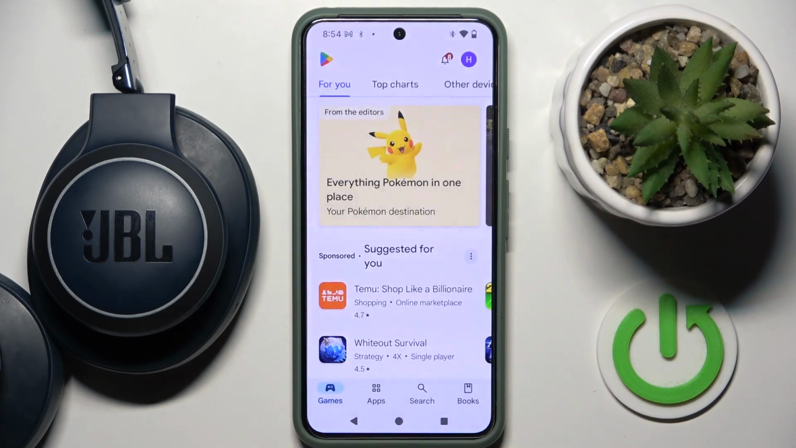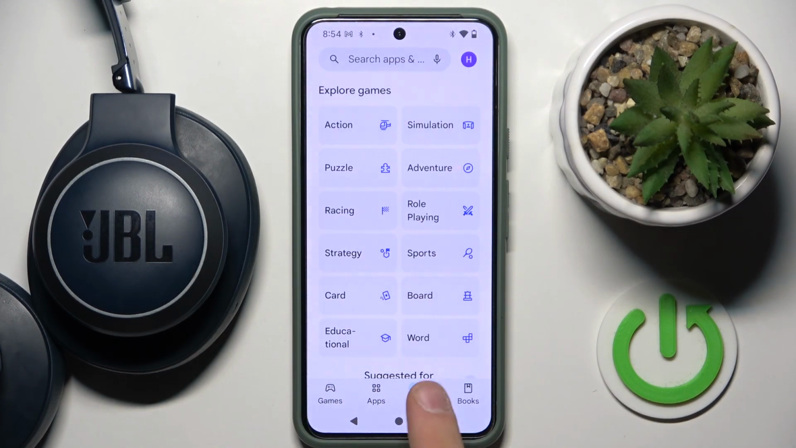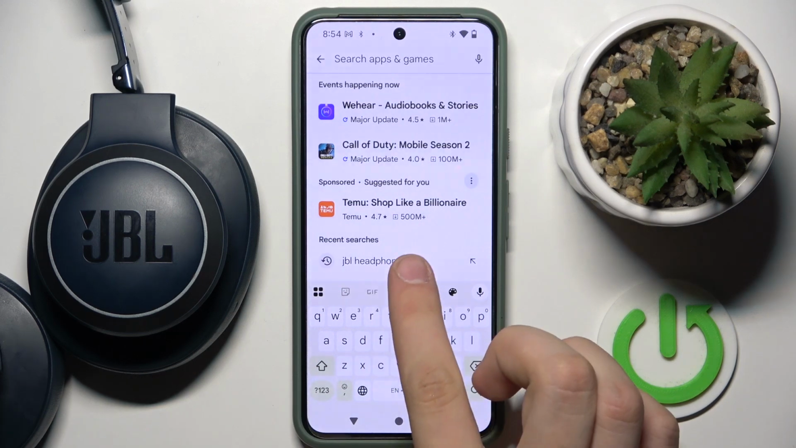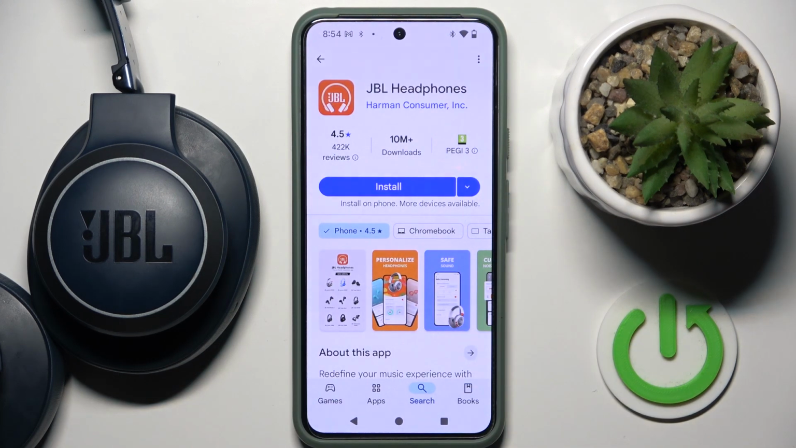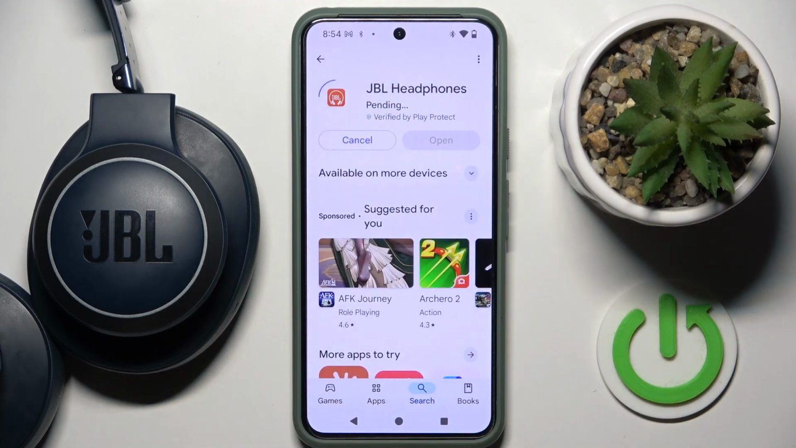At first, open Play Store. Here go into search and in the search tab search for JBL Headphones. And as you can see, the first app we have is JBL Headphones from Harman Consumer Inc. Here we have to tap install, this button over here,